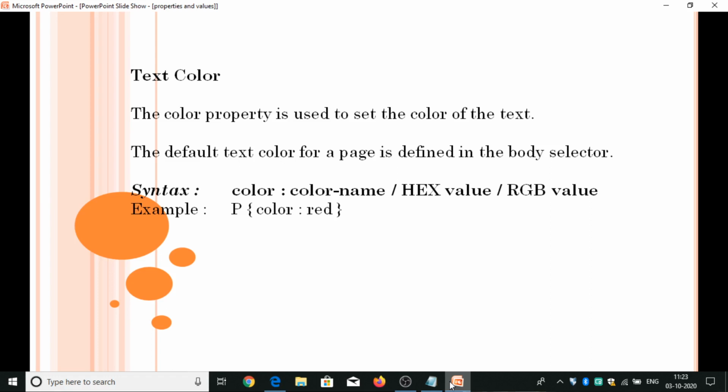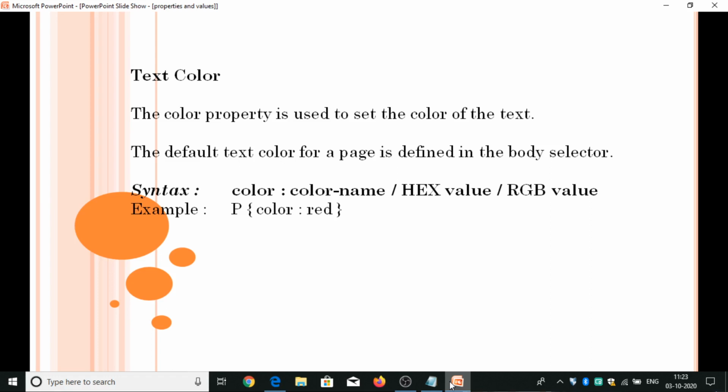The default text color of the page is defined in the body selector. We can provide the color value in three ways. As with background, where we set the background color with three kinds of values, similarly the text color can also be specified with the property color, using a color name, a hexadecimal value or an RGB value.